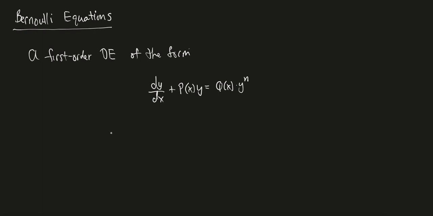So this is called a Bernoulli equation, and Bernoulli is actually the last name of a family that is just littered with